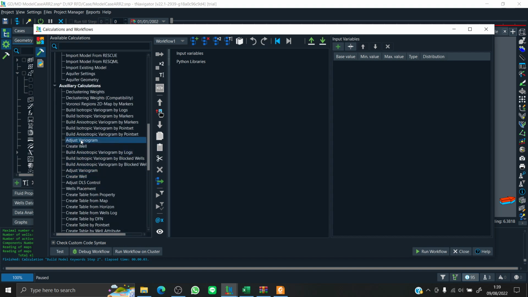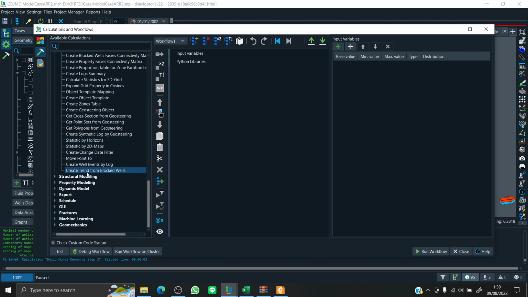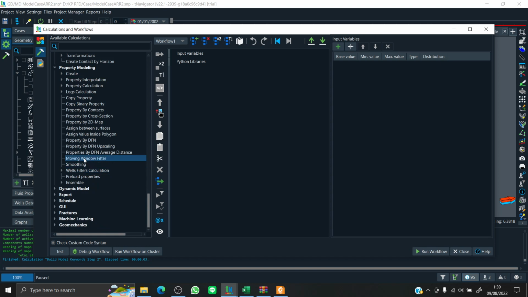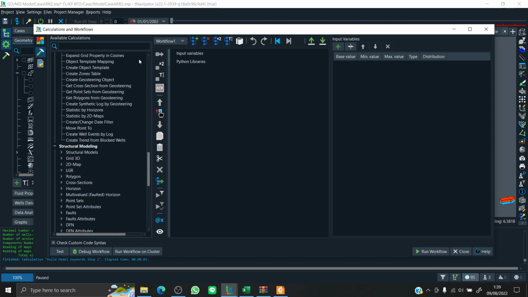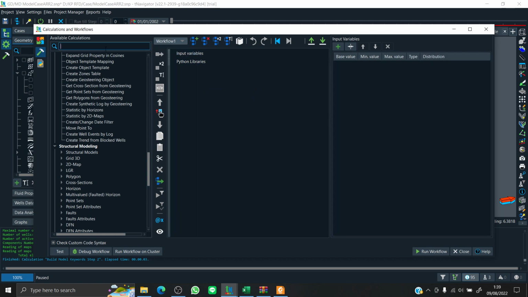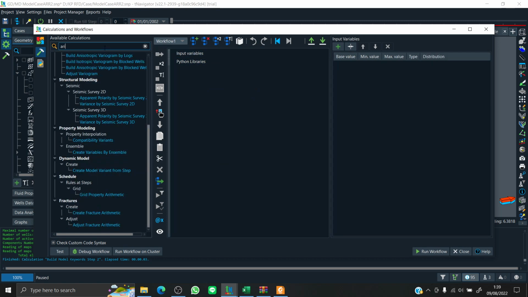There are a lot of calculations already designed to ease our work with permeability. So we have to do the arithmetic calculation, and we just press arithmetics.